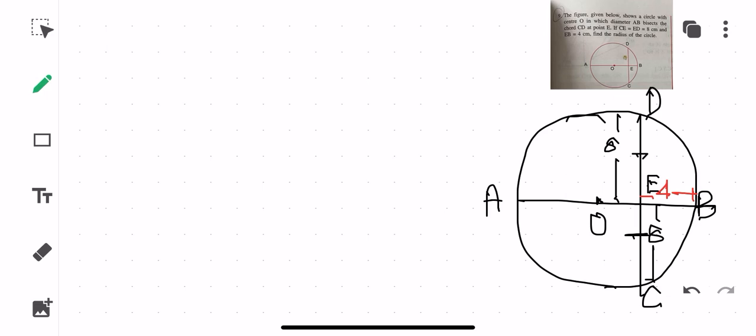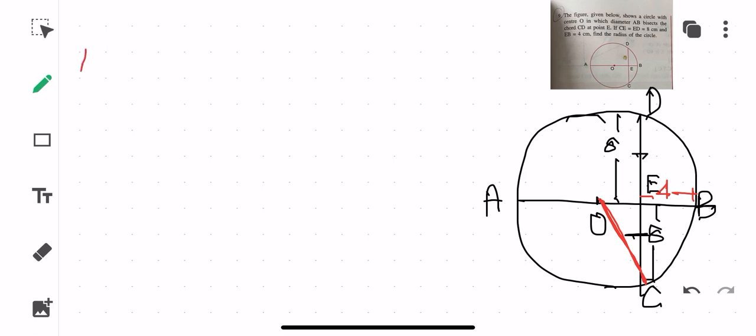Okay, so now you need to find out what? You need to find out the radius of this particular thing which is there. So how are you going to do this, children? It is evident that you need to join one of the radius. So suppose you are joining this. Let OC be the radius. And then what are you going to find, children? See here how you will be writing.